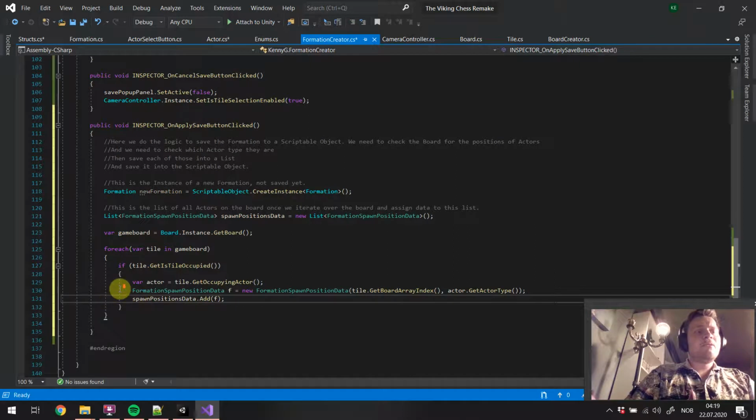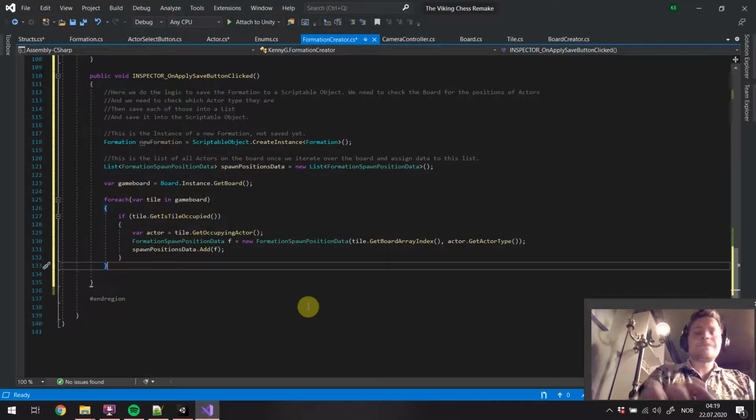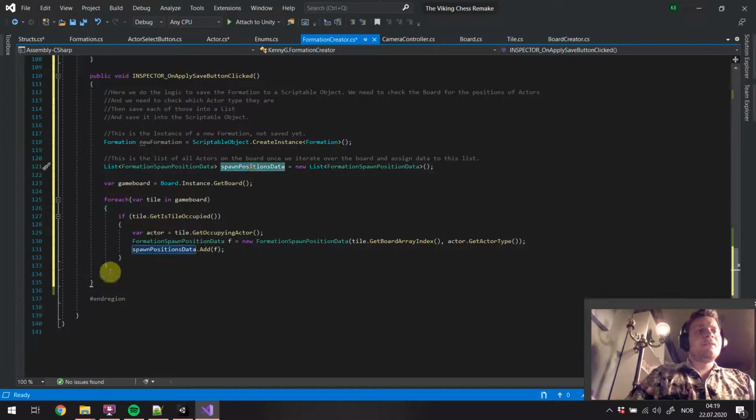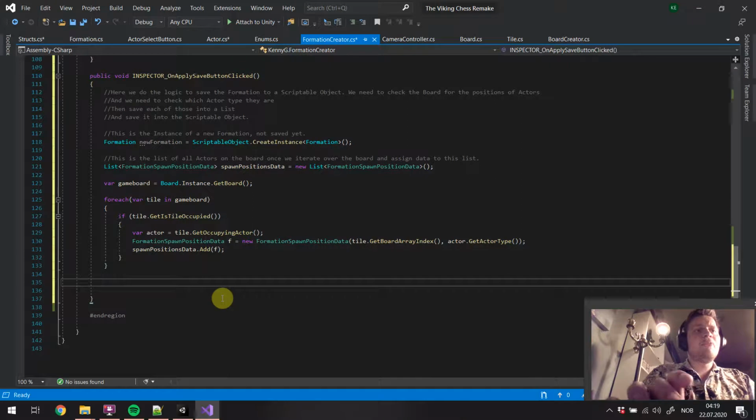There we go. So once we have iterated all the way through this list and added all actors onto this list, then we can work further on saving this actual